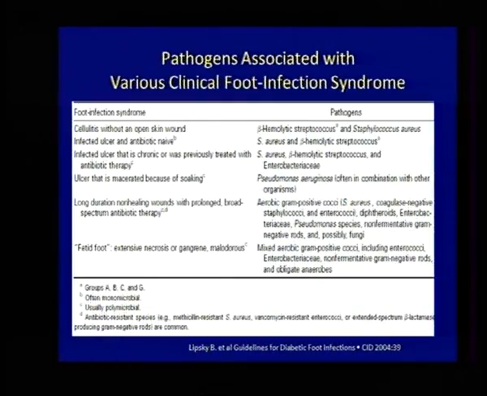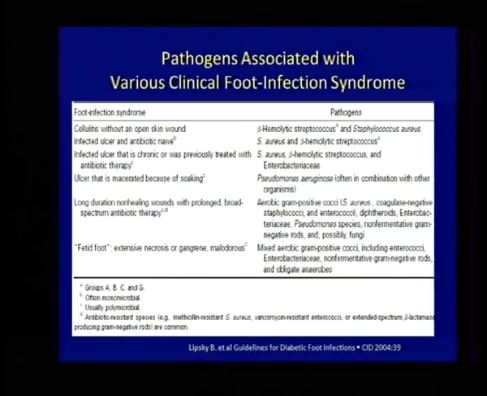If you look at the specific bugs which are associated with infections, if it is a cellulitis without an open skin wound, it is usually a strep or a staph. If it is an infected ulcer in a person who has not been exposed to antibiotics, again, it remains Staph aureus or beta hemolytic streptococcus, predominantly gram-positive organisms. If it's an infected ulcer that is chronic or has been previously treated with antibiotics, please consider the possibility of